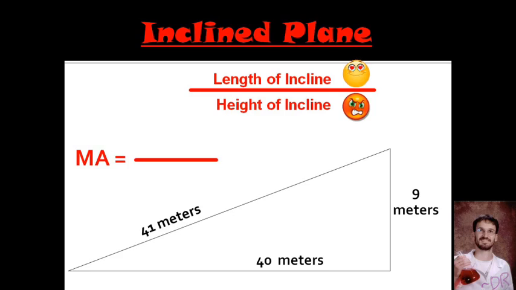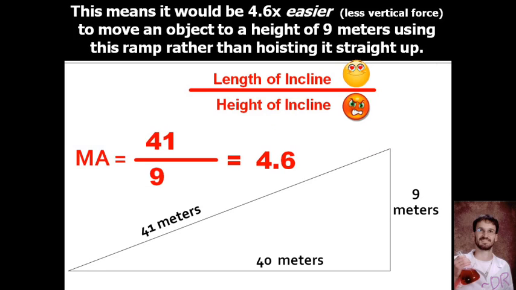So what would the mechanical advantage of this be? Well, 41 divided by 9. This ramp would have a mechanical advantage of 4.6. So that means that if you had to lift something 9 meters into the air, however you're going to maybe climb a ladder, hook up a ladder, throw a box on your shoulder, climb the ladder, lift it 9 meters in the air, remember that's like 30 feet,